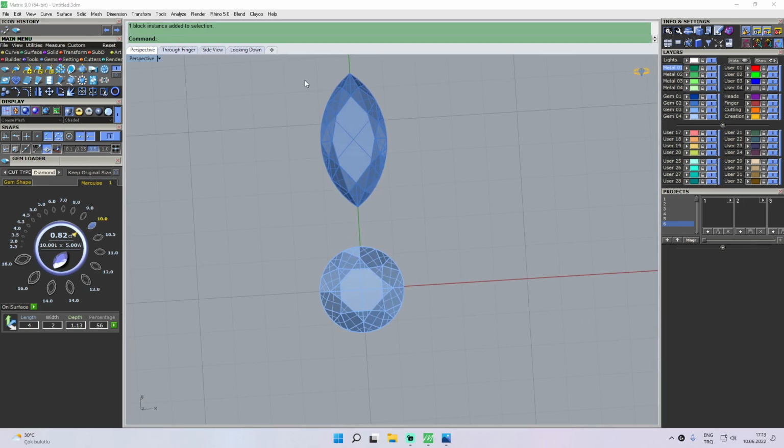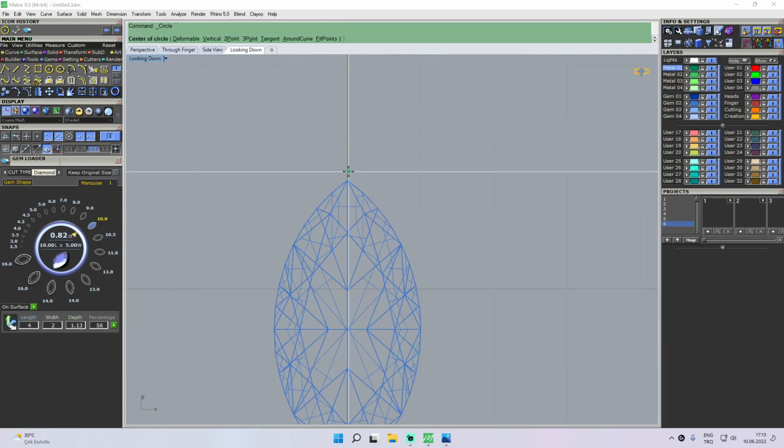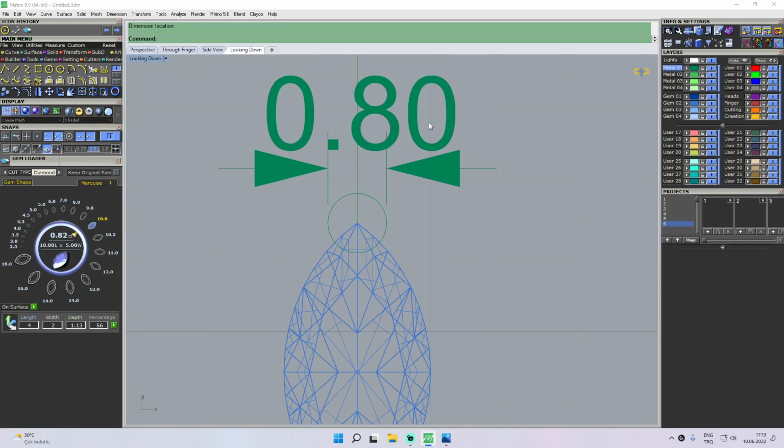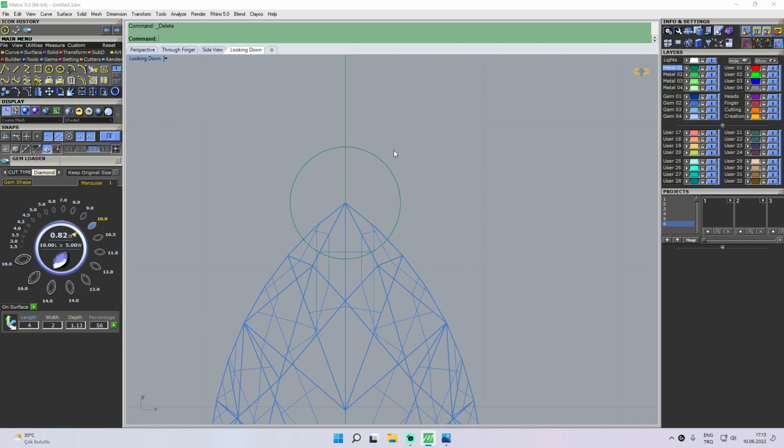Okay, and let's go ahead with the prongs. We will go to curve and pick the circle, and we will click on this corner. Now you can see that the command started working, and I want this to be, let's say, 0.8. This is where you're typing on top, and hit enter. Now we have a circle and the dimension is 0.8,